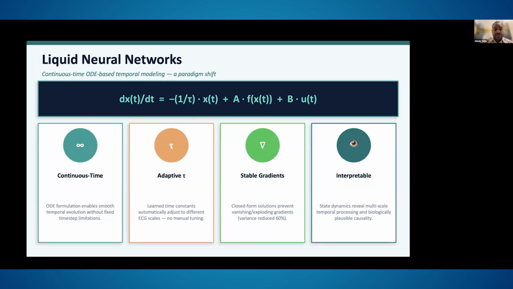Just to capture the information that changes rapidly, we need to come up with some kind of algorithm that mimics continuous time instead of just fixed algorithms. As I told you, in any recurrent network, in order to avoid the vanishing gradient, we use a leak rate. That leak rate is based on the input, but most often they use a constant leak rate. But in our case, it depends on the data that we have.